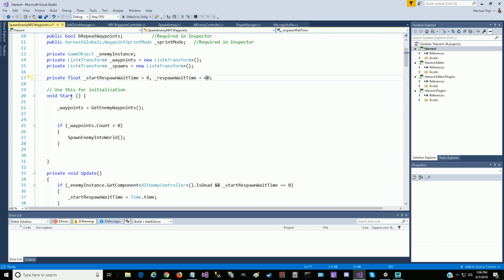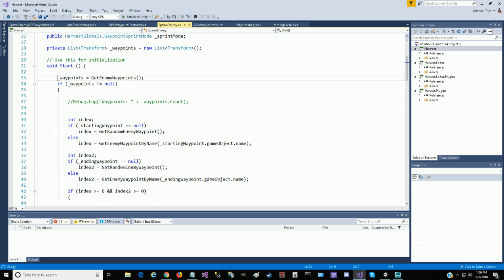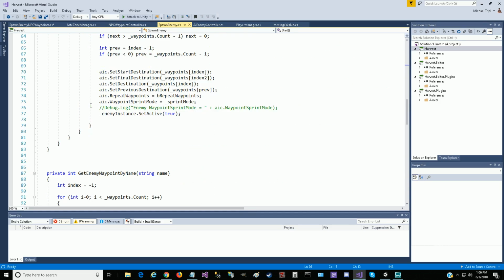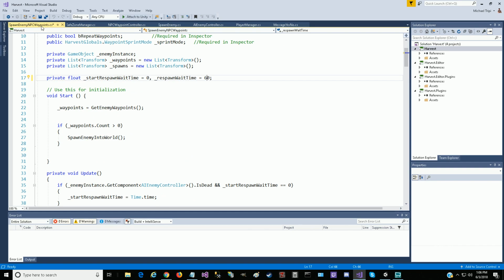And so in our start, we had a bunch of code in the other one. If we look at the original spawn enemy, actually I said it was NPC waypoint spawn enemy. It said spawn enemy NPC waypoints. The original spawn enemy, if we look at the start, we had all this. We had this line of code here, and then we had all this where it checks if it's not equal to null, and then it does all this jazz here. I just took it out to make it a little easier to read,